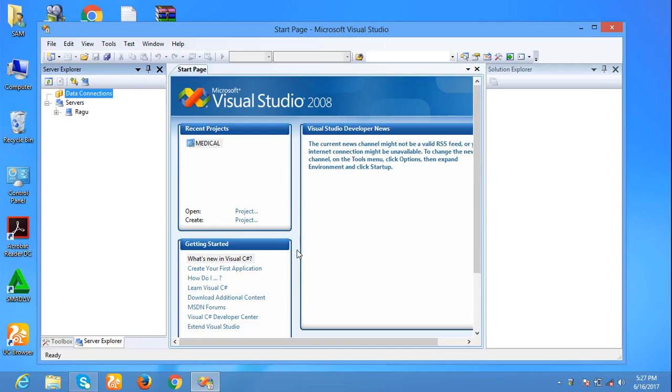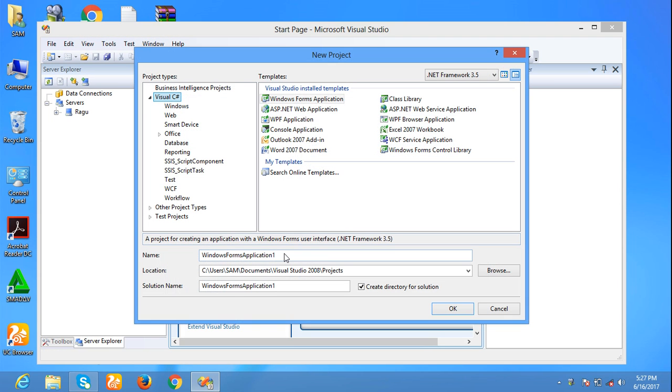Hi friends, in this video we are going to see how to create a login window in C#. Now I am creating the project. Project name: login window.